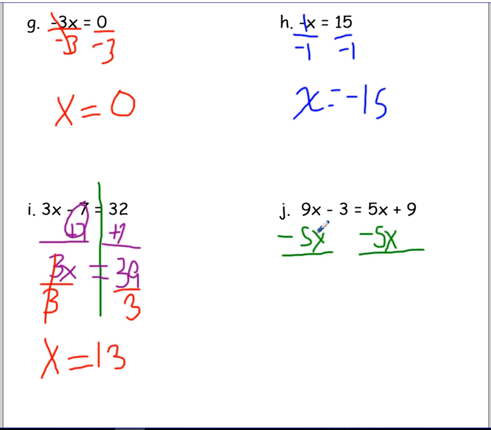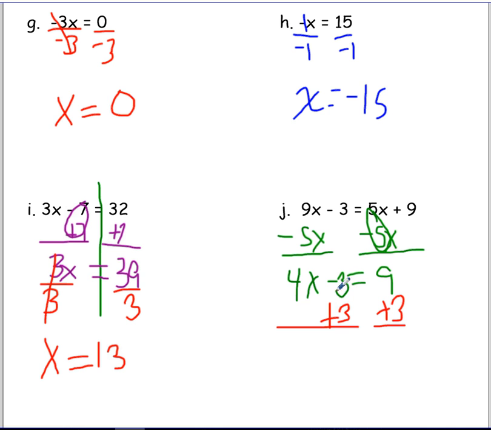And so 9 minus 5 is 4. So 4x simplifies there, and we'll bring down our minus 3 equals 5x minus 5x is where we zero out our x's on the right, and we'll bring down that positive 9. So now that we've taken care of all the x's going left, let's make our constants go right, which means our 3 needs to go. It's being subtracted, so we'll add it back on. And across the equal sign, we'll add 3 to the other side as well